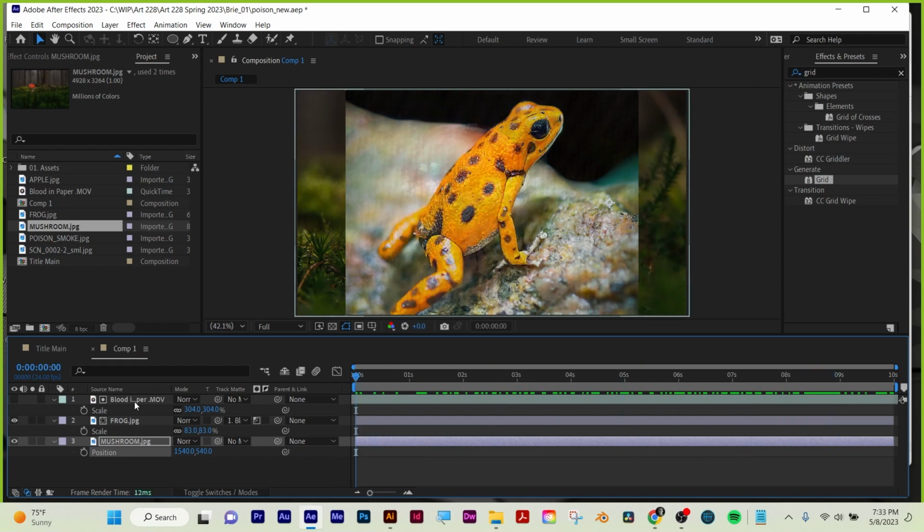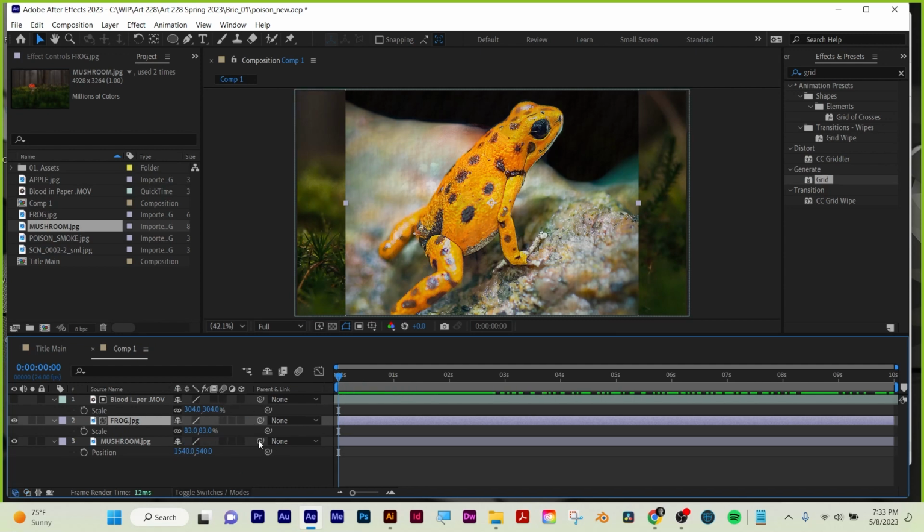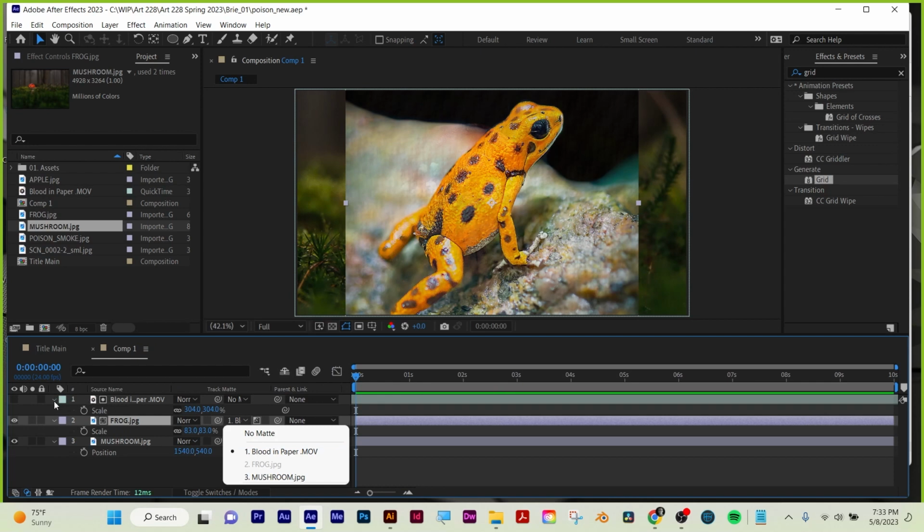And all you do is just use the image. So I just put the video clip above. Then for my frog, I'm in my modes. See, these are my switches. Those are my modes. I just looked at the number. It's layer number 1. This is for alpha mat. That's for Luma mat. I'm just clicking the box. I did a Luma mat